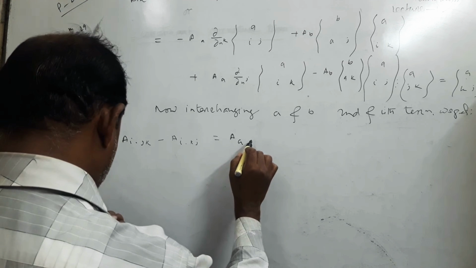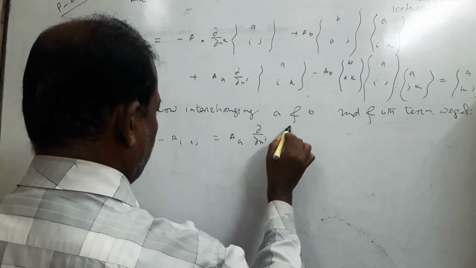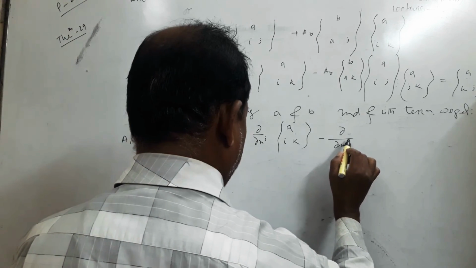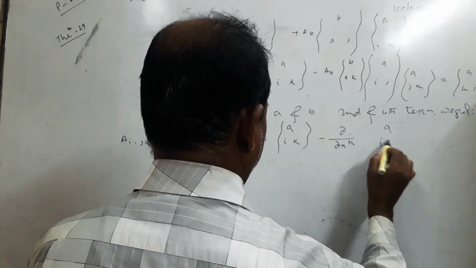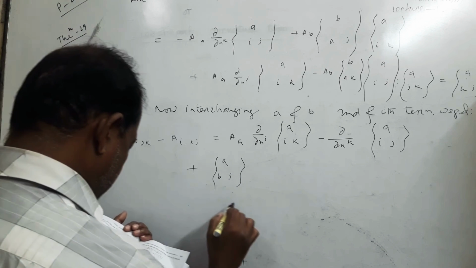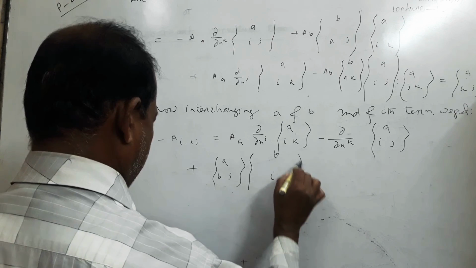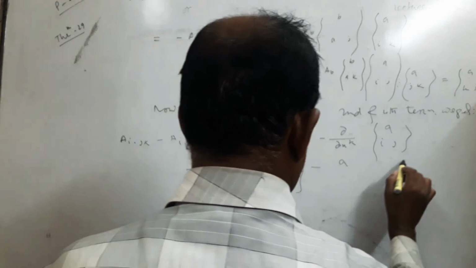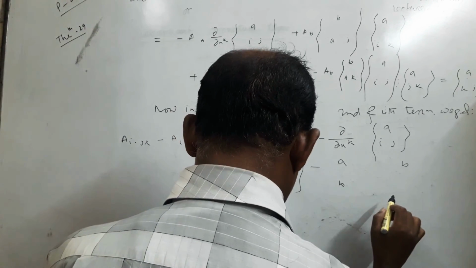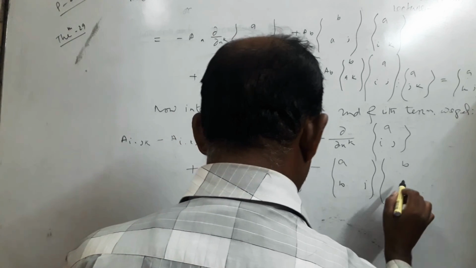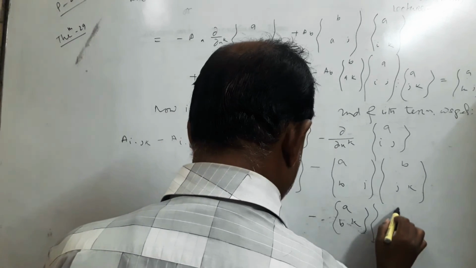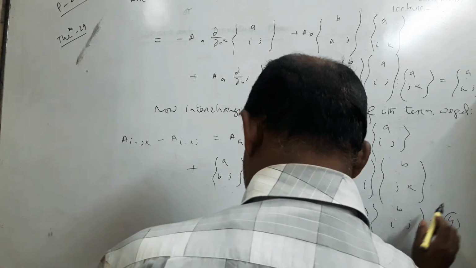a into del y del x j into a I k minus del y del x k into a I j plus a b j into b I k minus a b k and b I and j. This is number 5 equation,